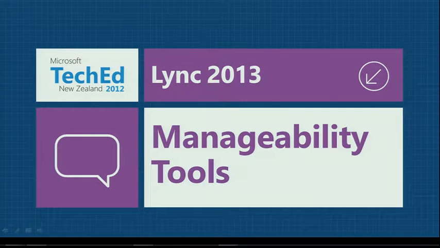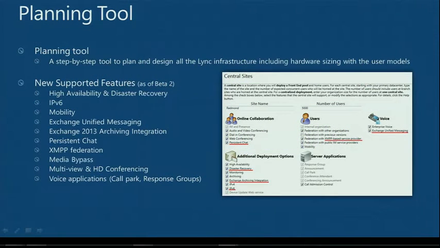So with that, let's take a look at the manageability tools. There are a couple of tools that we use for managing Lync Server 2013. We mentioned, first of all, the planning tool. The planning tool is an interview process that walks through and gathers information about your organization, your user model, and what features of Lync you'll use, and then spits out a Lync topology, URLs, IP addresses, namespaces, server roles, etc., physical or virtual,